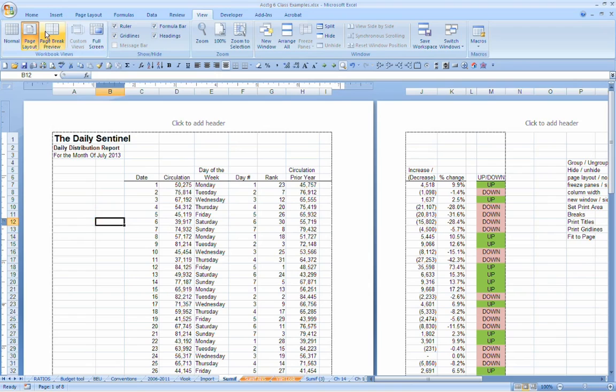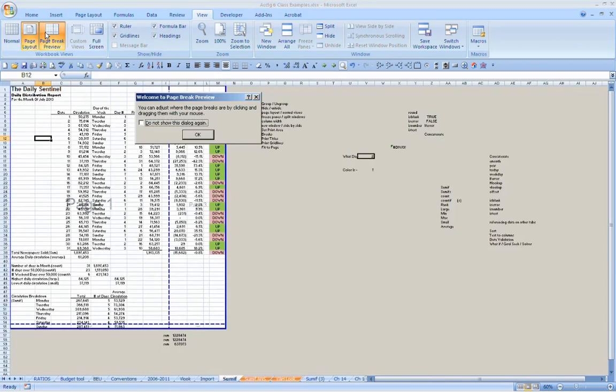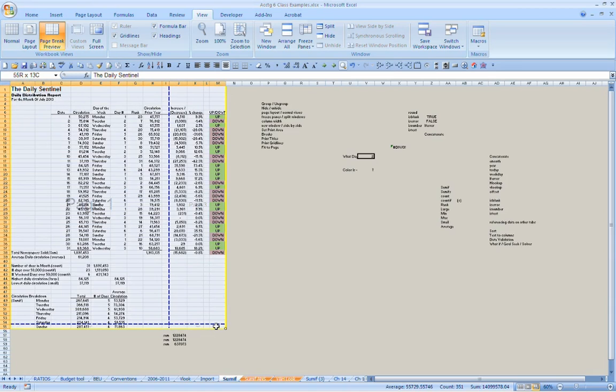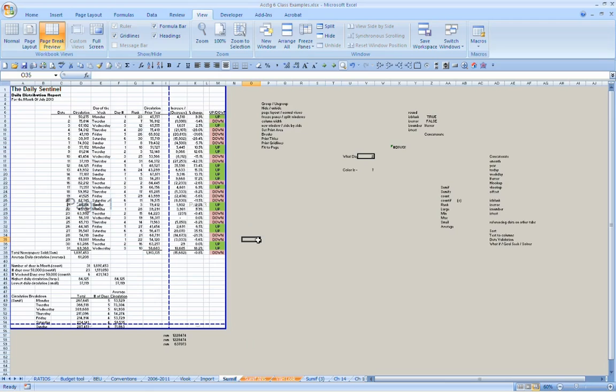The next one over is the page break view. Instead of giving you pages, this one gives you the whole spreadsheet. So I kind of like that, but it's smaller, and it shows you here's the area that you've chosen to set as your print range. Here's where we're going to cut off the page this way, and here's where we're going to cut it off this way. The cool thing about this, and the power of it, is you can come up here and point at your page breaks, and you can drag them around